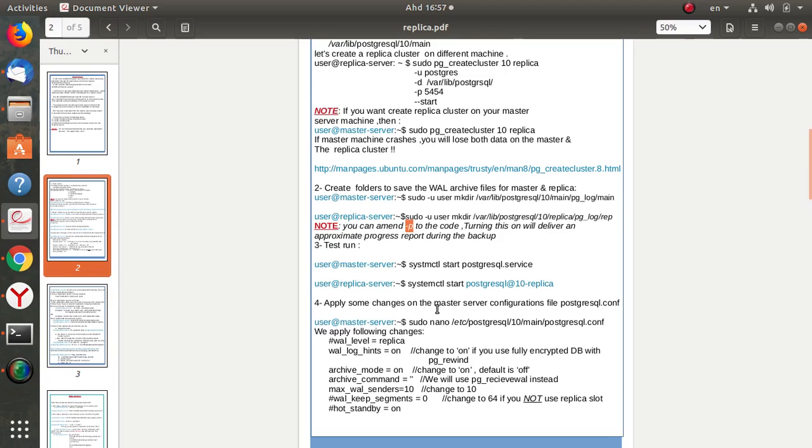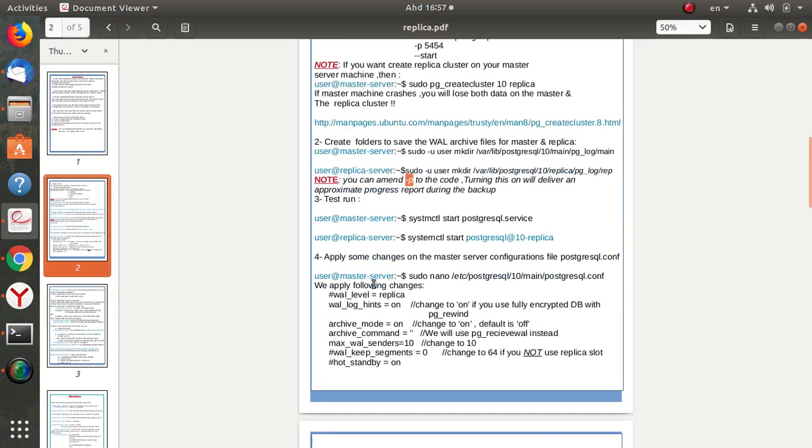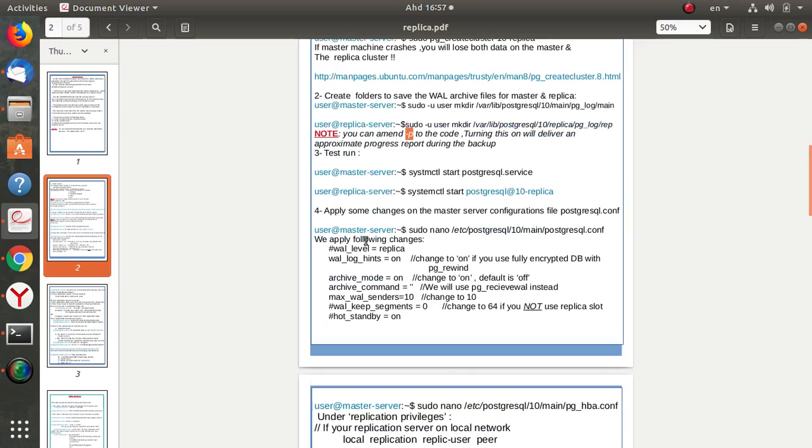Now here is step number 4, which I talked to you about before in the previous slide, that you should do at the beginning before you start with step number 1 and 2. This we will go on the master server. We will open the postgresql.conf file, which resides in this directory. Now, possibly in your installation, it resides in a different directory. You have to find it, and then once you have opened this file, the postgresql.conf file, which is the